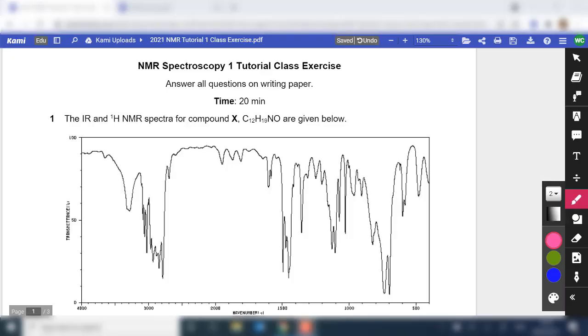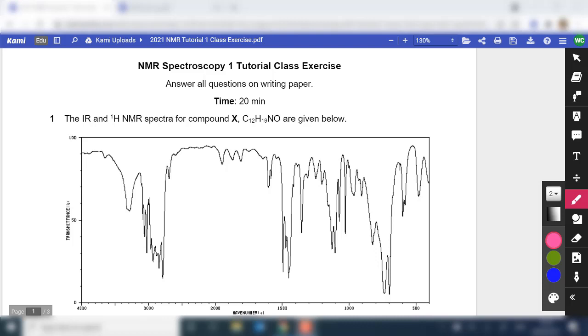Alright, students, we'll do a very quick debrief on the spectroscopy exercise 1. The main focus will be on the thought process. So those parts on recall, I will skip, and you might want to review them on your own. Okay, so the very first thing we need to do is to determine the degree of unsaturation